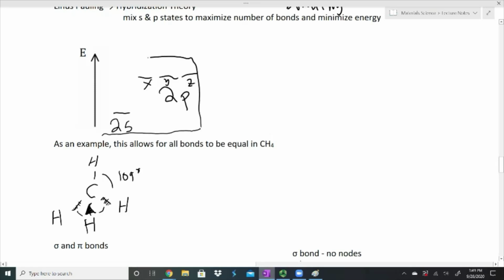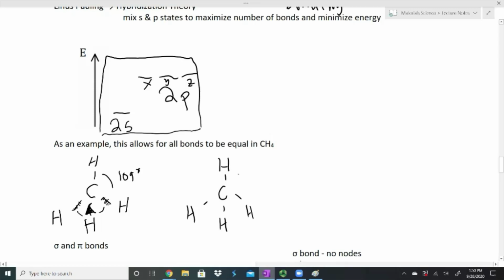Now, if we had bonding happening like we have above right here, we wouldn't get this picture, because one of our bonds would be in a 2s orbital, which is at a lower energy. So it would bond differently than our other 3 bonds, our 2px, 2py, and our 2pz. Those would bond differently. It might look similar on a piece of paper or on a screen,